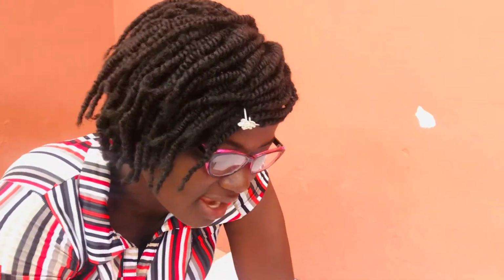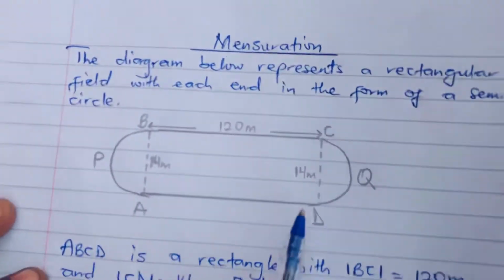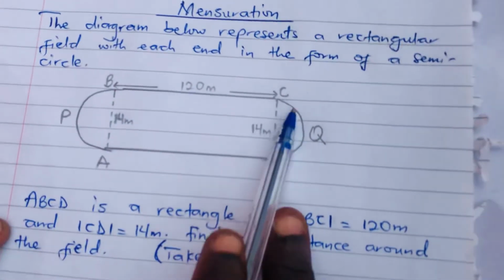So today we are continuing with our mensuration. I believe you are ready with your jotters and your pens to go through the steps with me. Great. So the question I have here is, I have a rectangular field with each end in the form of